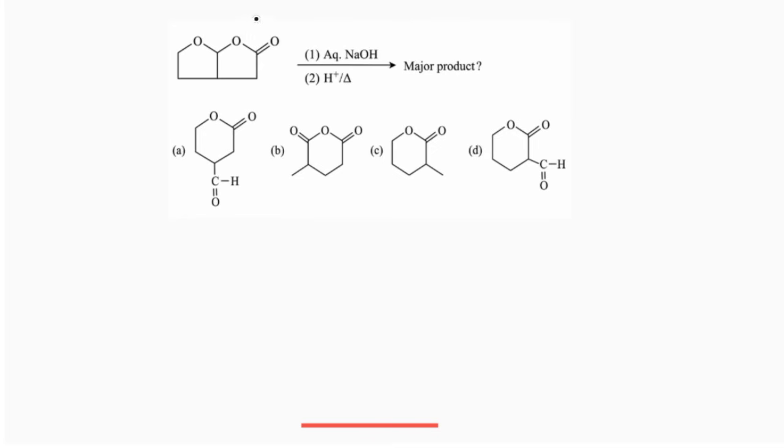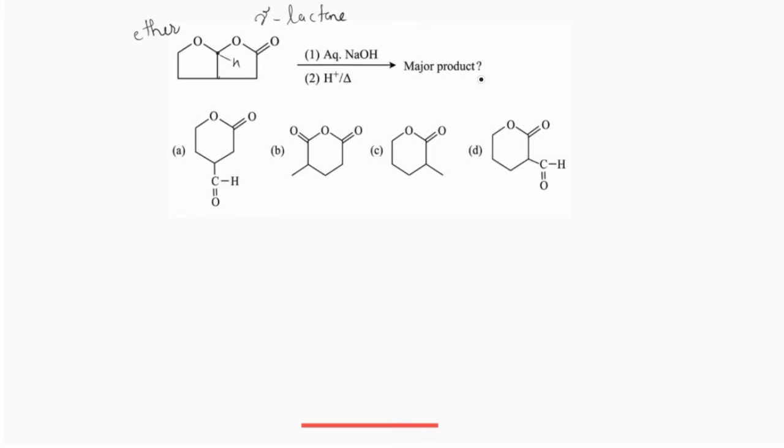If the lactone is a 5-membered ring, we call this a gamma lactone. You can also see here the oxygen is attached to carbon and carbon, so it is a cyclic ether. And whenever a carbon is attached to two oxygens, a carbon and a hydrogen, you can call this an acetal. So these are the functional groups present in the molecule. And when it is treated with aqueous sodium hydroxide followed by heating in the presence of an acid, what should be